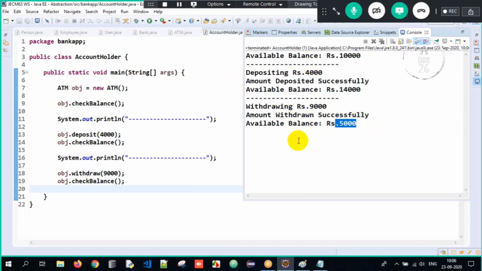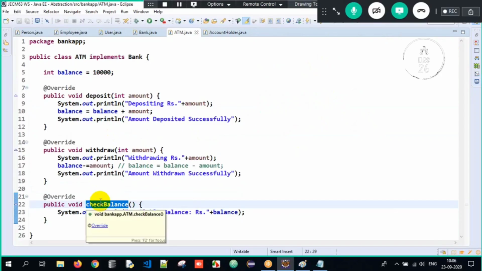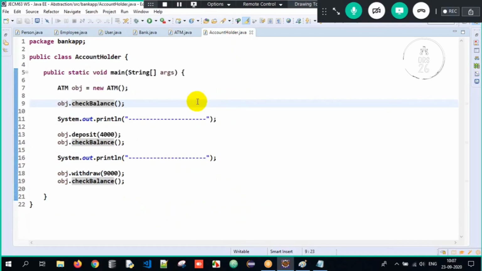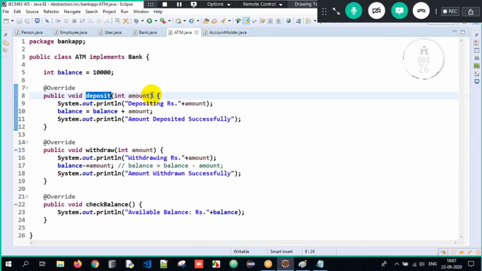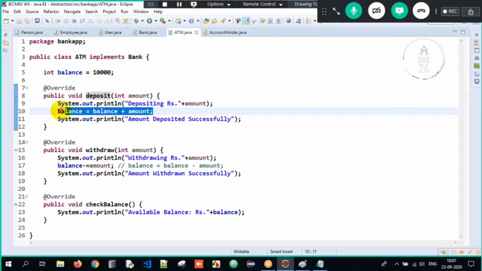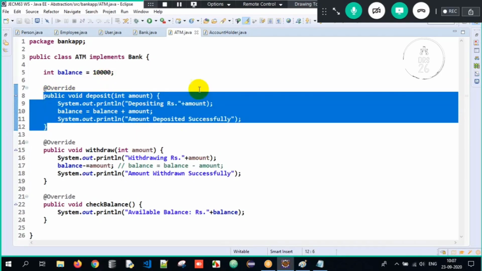So you are depositing, withdrawing, checking the balance, doing a lot of functionalities. But now I shouldn't show the implementation. Press Control on the keyboard, hover on the method, click on it. See, it's taking me to the check balance method in the ATM class, wherein the implementation is easily visible. Available balance is getting printed here. Again, Control, hover, click: deposit, the amount to be deposited is 4,000, 4,000 plus 10,000 is 14,000. Amount deposited successfully. The implementation should be hidden, but it's easily visible.